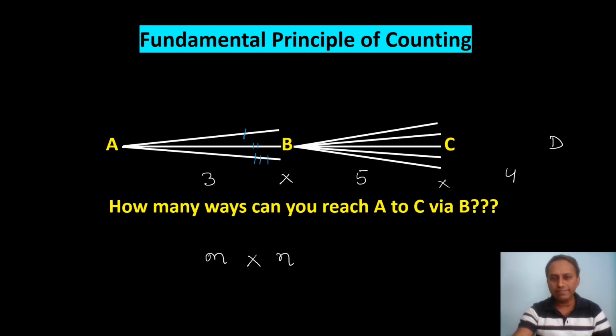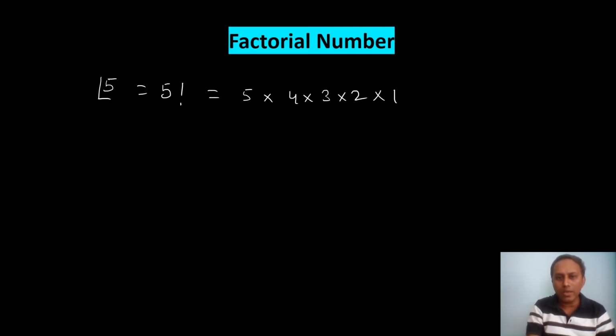So let's dig in. So let us now discuss factorial number. Most of us know what is factorial number, but let me quickly revise. When I say factorial, suppose for example 5 factorial, we denote it by this 5 factorial or like this 5 factorial. And meaning of this is 5 into 4 into 3 into 2 into 1 up to 1. For example 7 factorial. So how do you write 7 factorial? Multiply the integers starting from 7 up to 1. So this is the meaning of factorial.